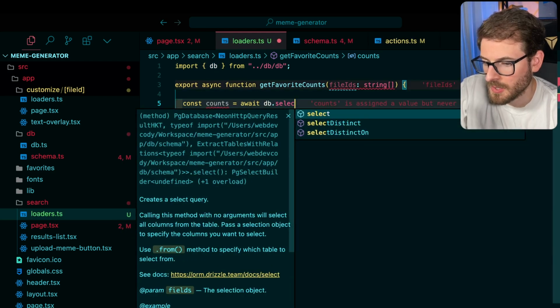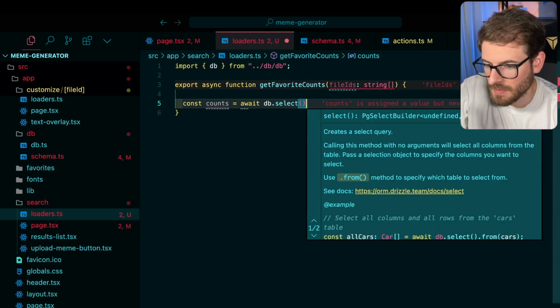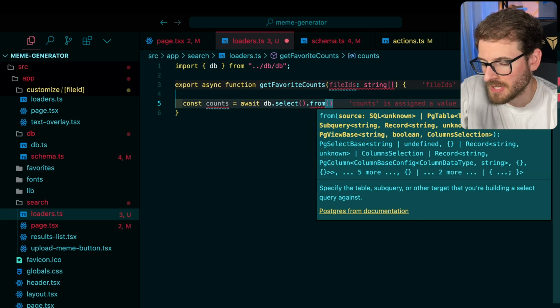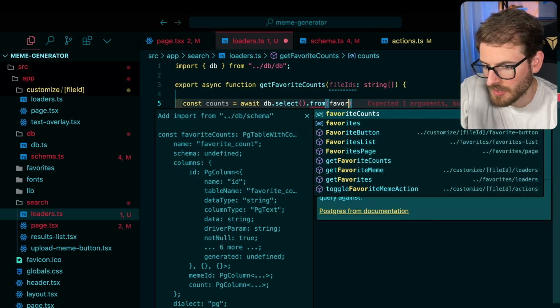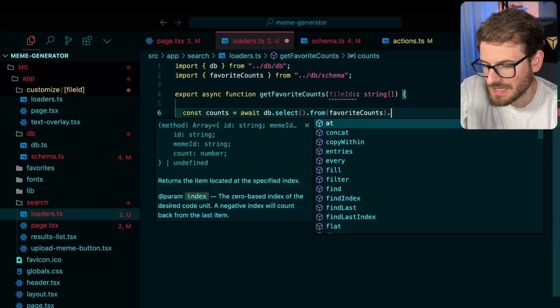So we're gonna do something new here. We're gonna use a select. Now a select allows you to basically use more like raw SQL. And so we're gonna go ahead and say like the favorite counts, and we wanna get where,